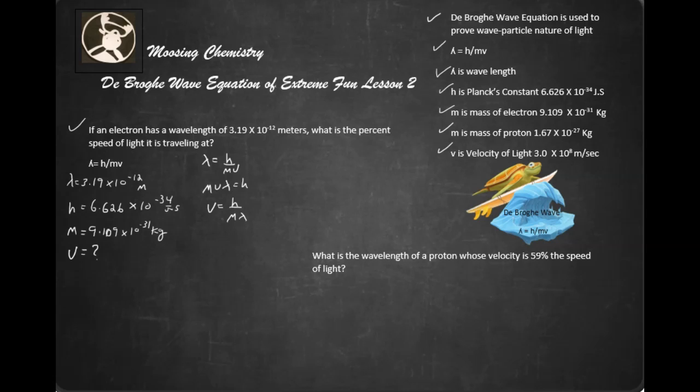So what we're going to do is say v equals 6.626 times 10 to the negative 34 joules per second over the mass, which would be, of course, 9.109 times 10 to the negative 31 kilograms, times, of course, our wavelength, which is 3.19 times 10 to the negative 12 meters. Okay. So then by the time we get all this said and done,